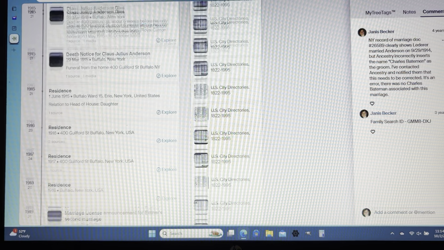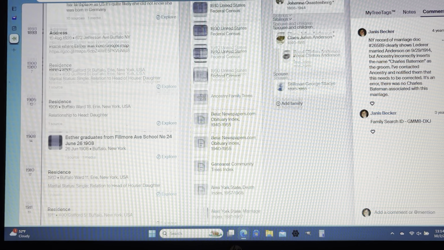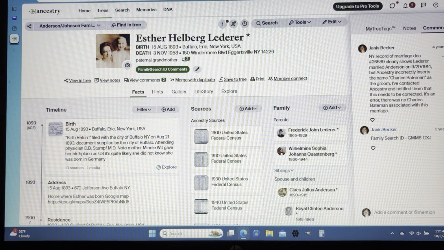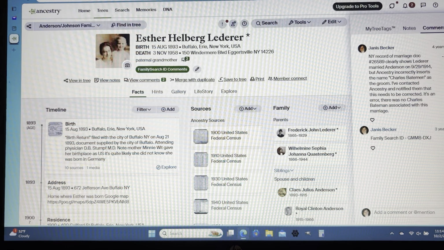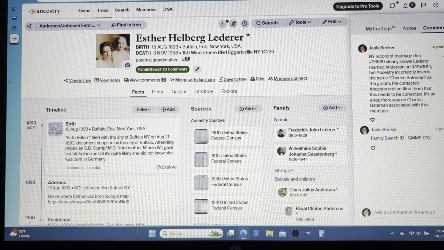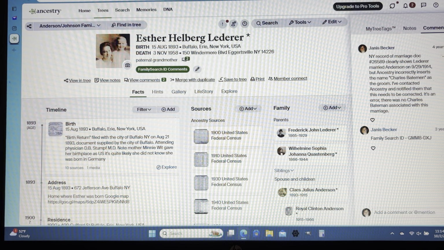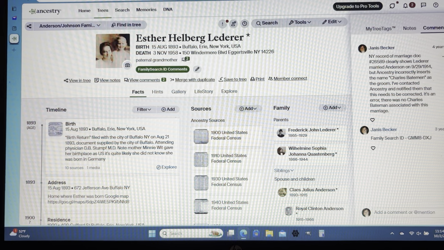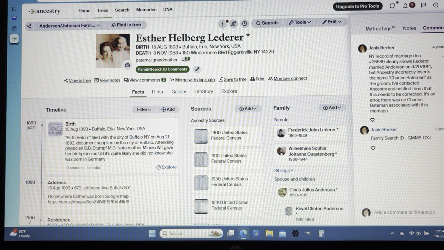And she actually was a businesswoman who ended up with some interesting newspaper articles relating to her second marriage, which was a bit of a scandal, but more on that later. So here, this is the information.